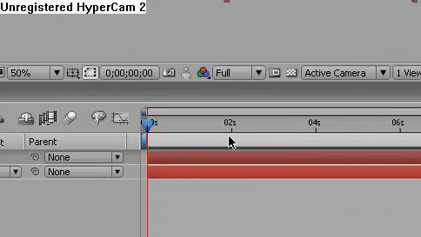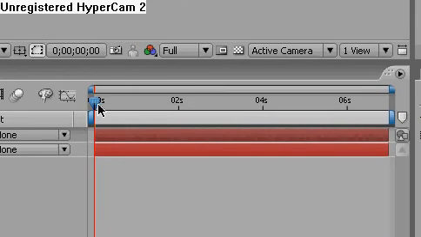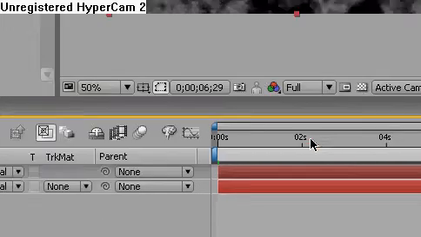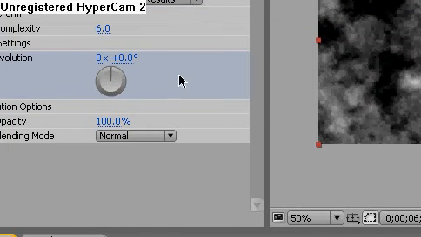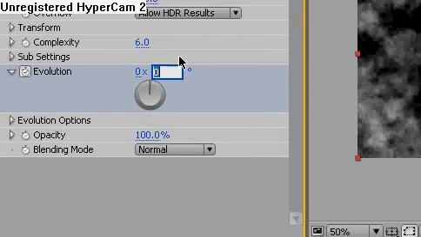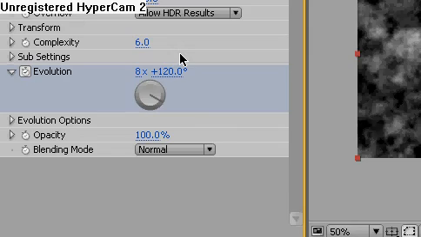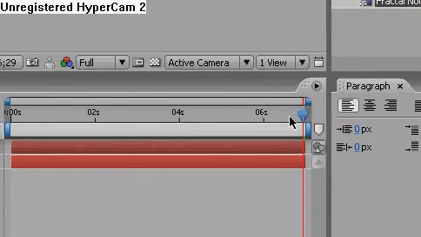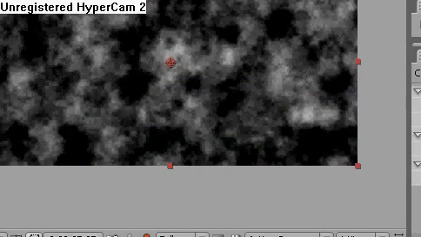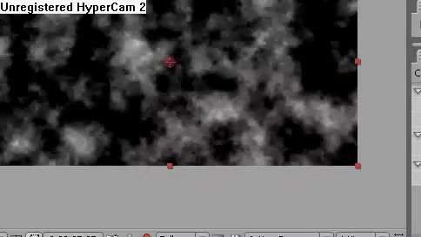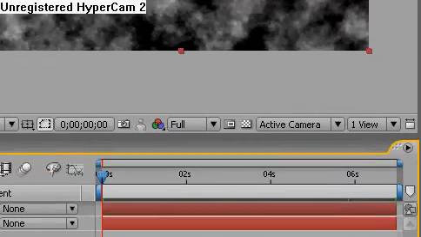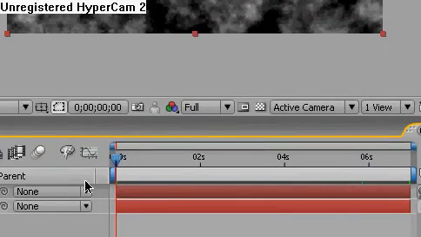stopwatch, and you're going to bring this little time indicator all the way to the very end, and then change the evolution to 3003, and then 3 zeros, weird. And then as you can see, if you drag in between here, you'll be getting a much different, like, shaky smoke kind of thing. And remember to bring this back to the beginning when you're done, or else this will